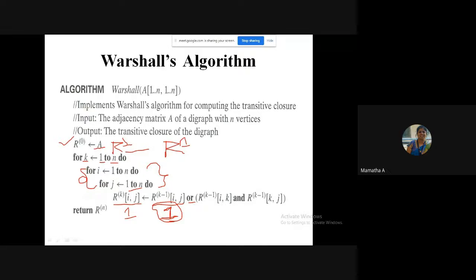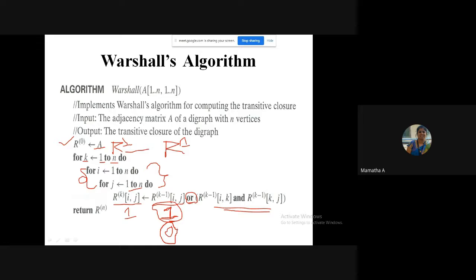And remember, I have put an OR operator. So what does this OR operator do? It is having the capacity of doing short circuit operation. What does short circuit mean? If the LHS is 1, it will not look for RHS. Directly my answer is 1. If LHS is 0, then only it will look for RHS. Are you understanding?